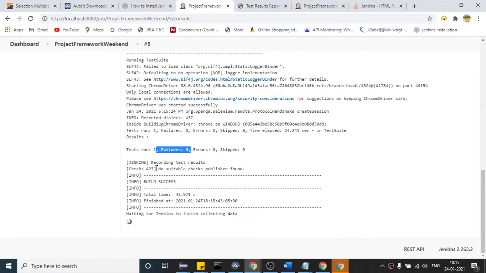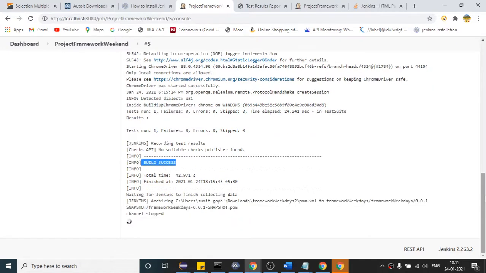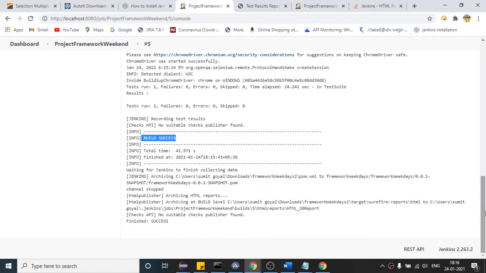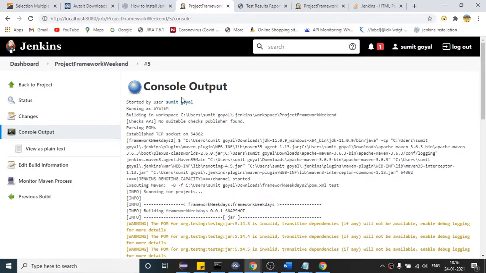So this time it is success. Earlier it was failing. So again you will see the report. It will pull the report every time. So after that reports and it will stop, right? Finish success. So this time as nothing is failed, you will see this color, right? Which means everything is success.